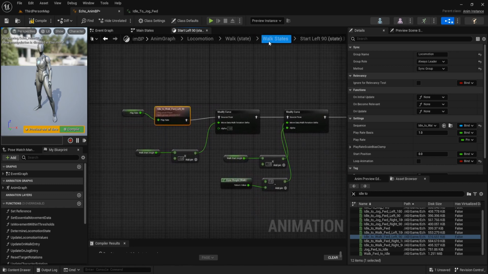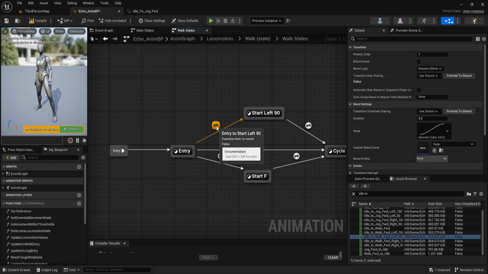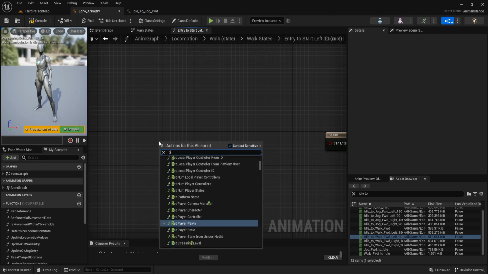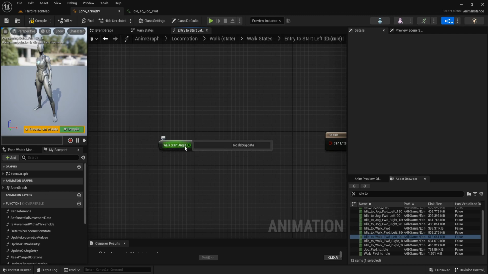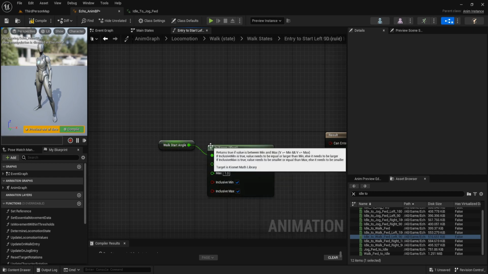Go to the state. Connect it to start left 90 and connect to cycle. And this transition, we set the duration to 0. Open it. Get walk start angle. And call in range float.